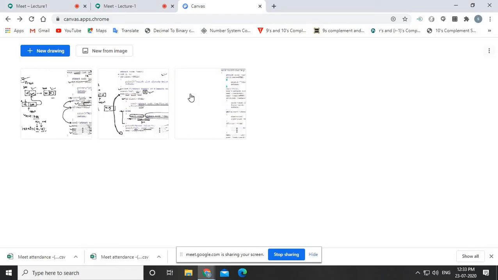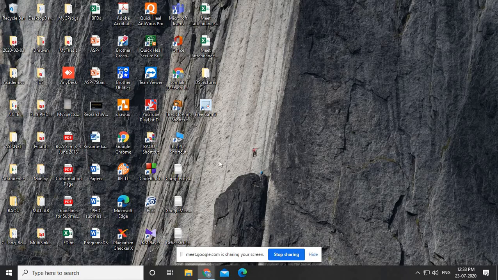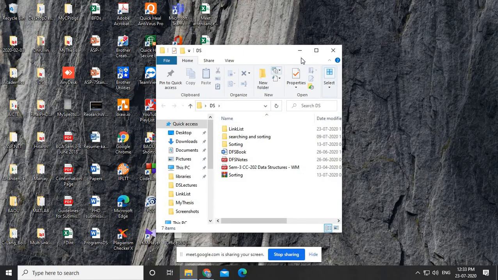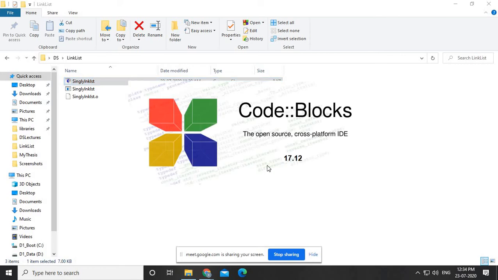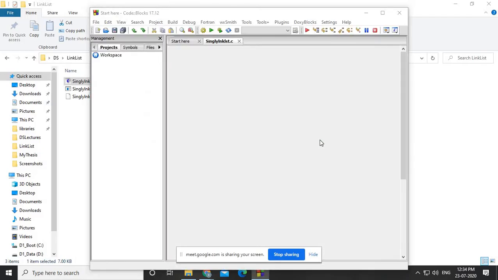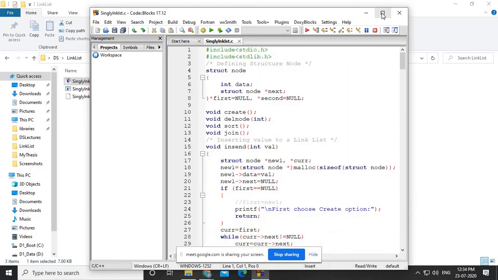Before going into insert before, if you want to see how this insert after is working, let me run the program of the linked list. In this particular program, I have already made both the functions, insert after as well as insert before.